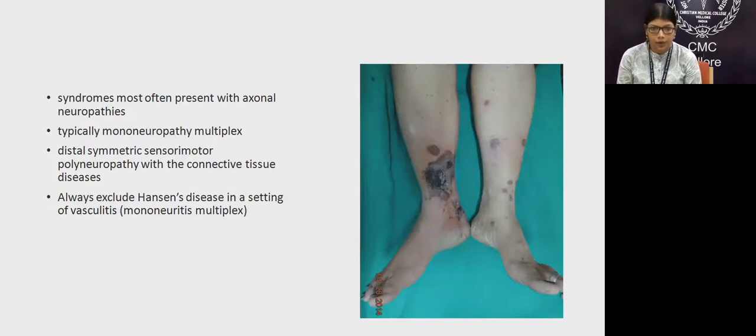And while we are talking about vasculitis, a very close differential is leprosy neuritis or Hansen's disease. There are only a few conditions where we actually push the patient for a nerve biopsy: when we are suspecting Hansen's disease, vasculitis, or lymphoma. Otherwise, CIDP we can diagnose clinically with NCV and EMG and do not require a biopsy. Diabetes, definitely, we do not require a biopsy if we are not suspecting any underlying monoclonal gammopathy or other